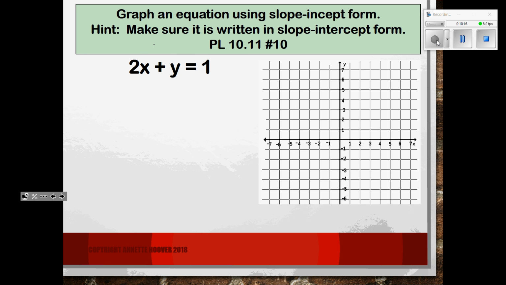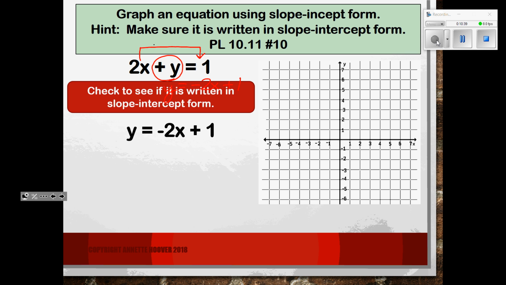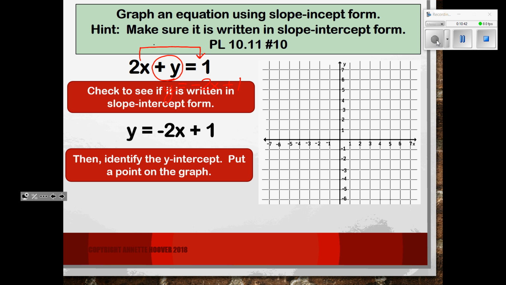2x plus y equals 1. This one actually, if you're doing our assignment in class, it's number 10 on your assignment. With the y by itself on the left side, the x term is not in the right spot, so it's going to have to jump the fence. So when it jumps the fence, it becomes a -2x, and it tells the 1 to scoot over. So our equation is y equals -2x plus 1. When graphing, we always start with the y-intercept, and we put a point on 1 on the y-axis, which is right there. Our slope is -2, which means -2/1, which means you go down 2